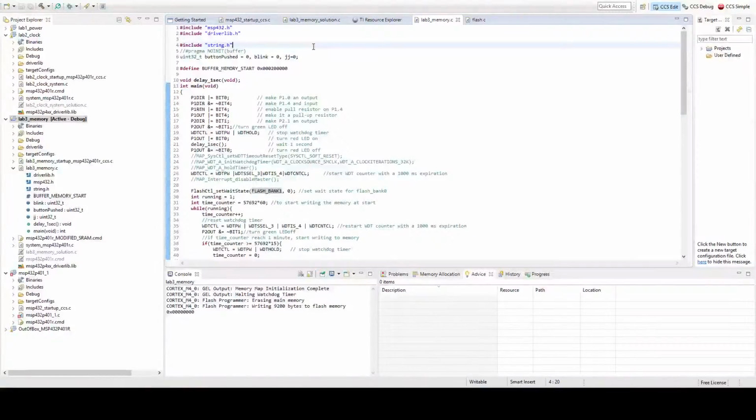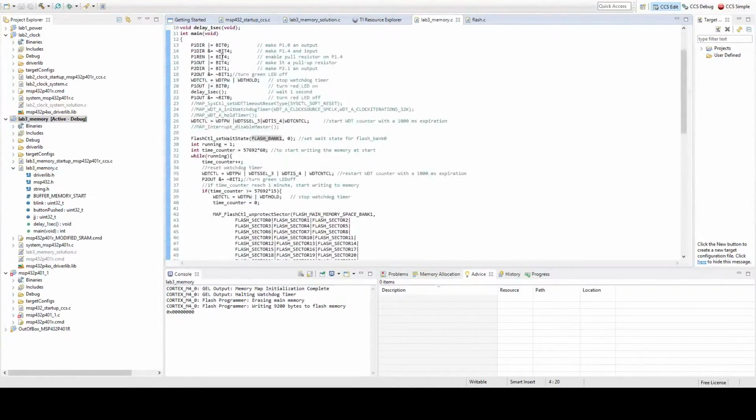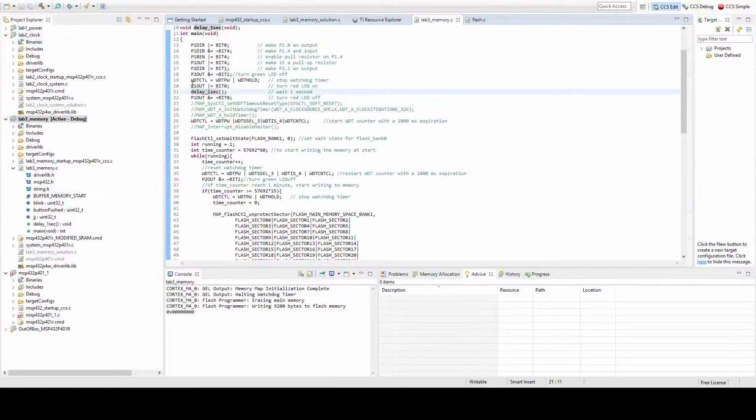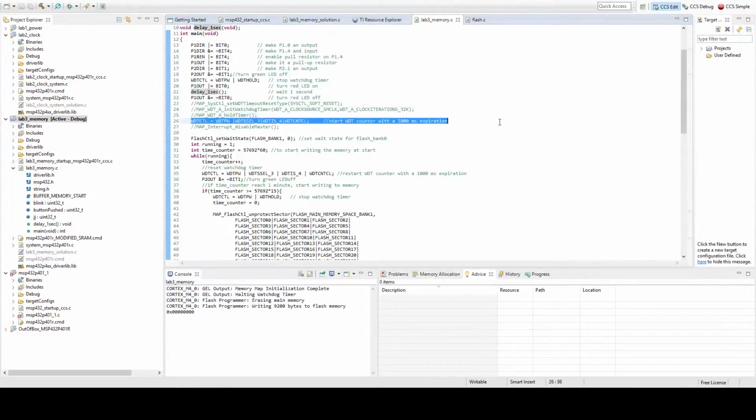Hello, this is the demo video for the CCS debugger. This is the code I wrote for challenge assignment 1. First, this part is where I initialize the ports for the buttons and LEDs, and here is where I stop the watchdog timer first, and after that blink the red light, and I resume the watchdog